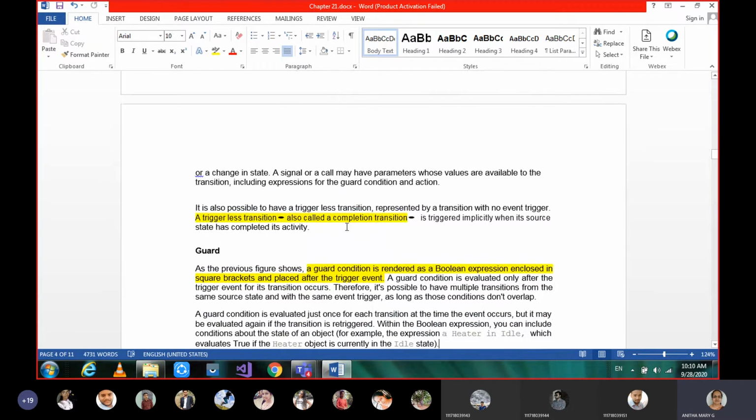Okay, so a triggerless transition is called as complete transition. Okay, so it's performing its action completely within that state and the activity is given to the next state. If it is triggered transition, that means it's not complete, still it's giving the control to the next state to carry out. So in that state we call it as triggered transition. If it is completely doing and giving the control to the next one, then it is called triggerless transition. Okay, is that clear or you want me to repeat anything here?